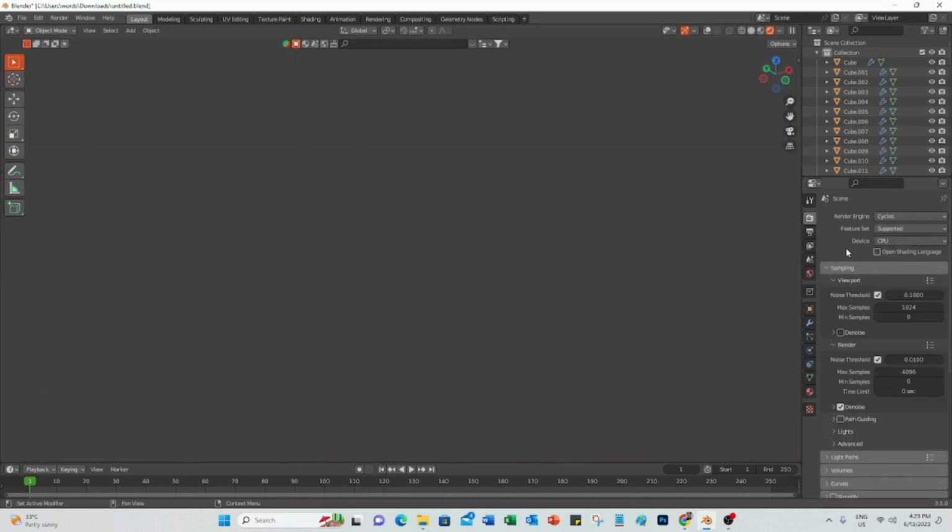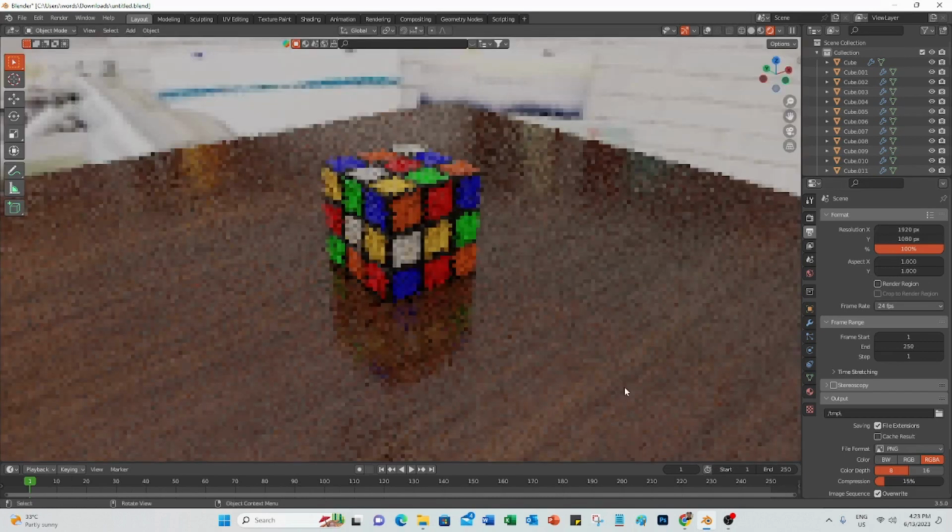Set the render engine to Cycles. It's going to take some time to render. Now simply